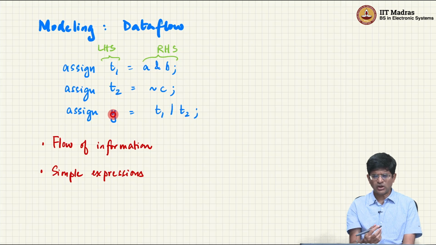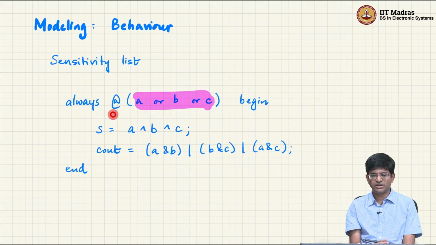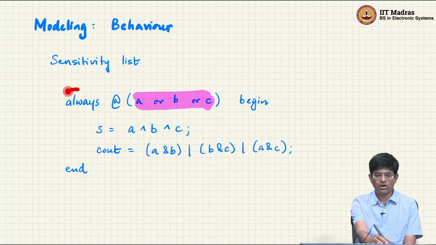It can be used when we are trying to model fairly simple expressions, but when we try modeling more complicated kinds of expressions, especially things which have multiple conditional statements or a large number of input variables, the data flow modeling can get quite cumbersome. That takes us to the third form, which is essentially where the real power of the languages comes in, which is so-called behavioral modeling. What happens in behavioral modeling is I am now creating something that I call an always